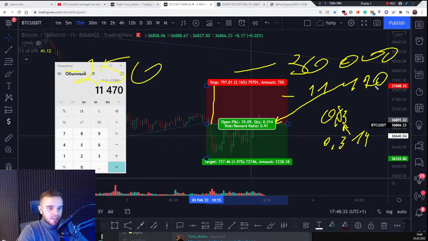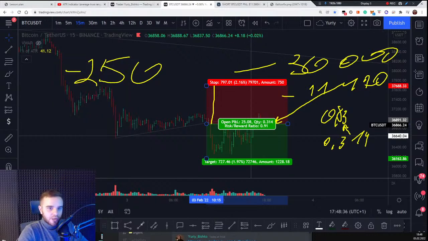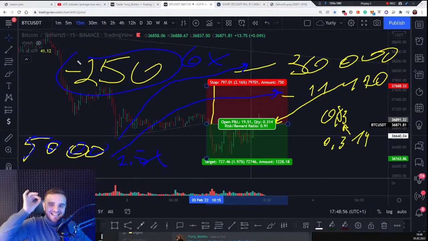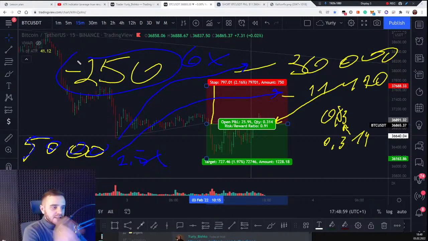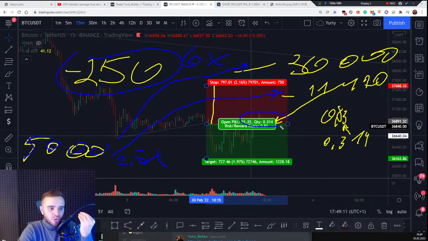And do you understand that in both cases, if you have on your account $5,000, it's an example, my friend, in the first case your leverage would be 6x. In the second case, your leverage would be 2.5x. But risk the same. Do you understand this important point that risk in all cases is the same? Leverage changes, position size changes, but risk always must be the same. And you control it by quantity, the amount of coins that you put into a position.